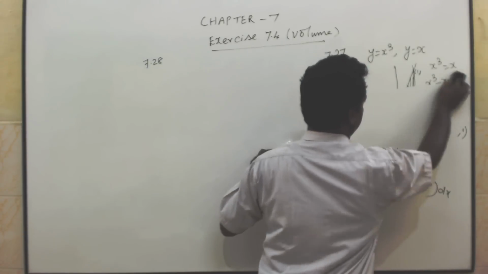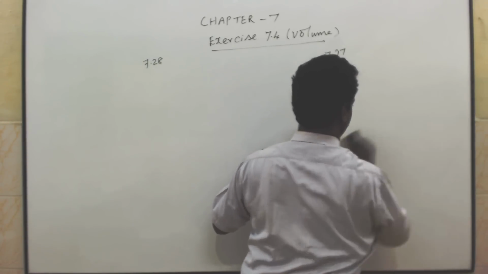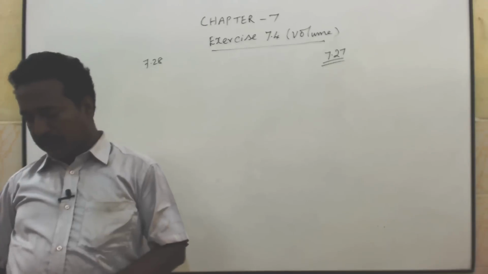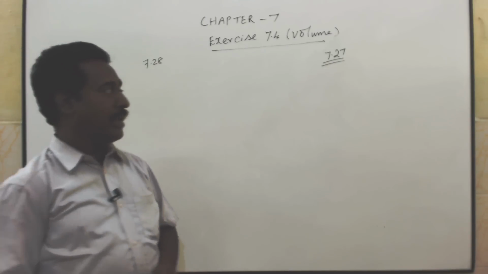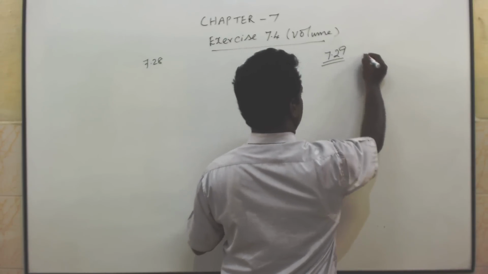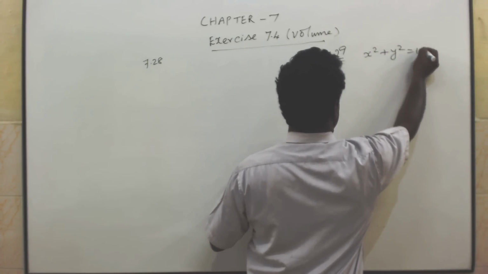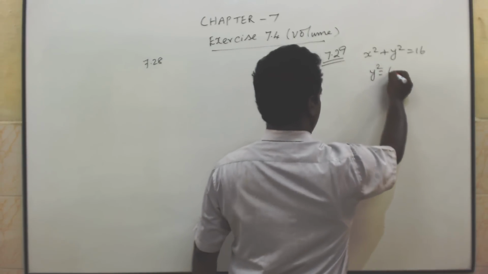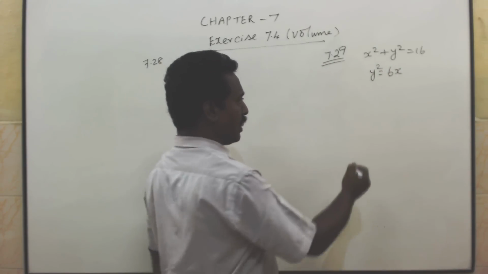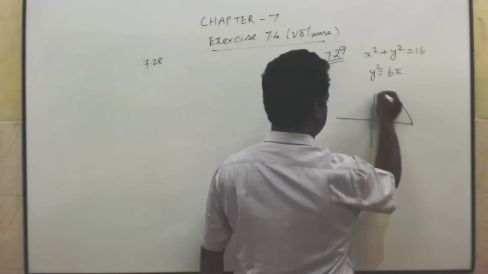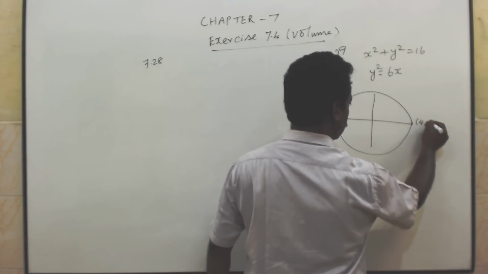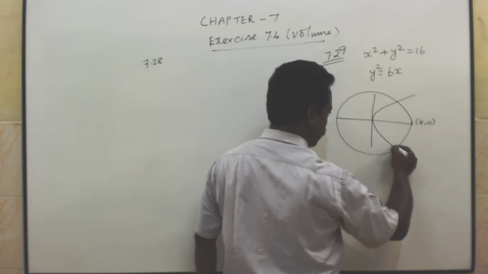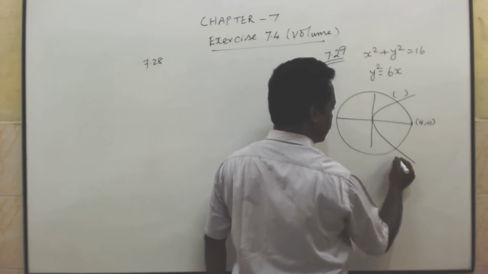7.29. Read the question carefully. Find the area of the region common to the circle x square plus y square equal to 16 and the parabola y square equal to 6x. But we know that x square plus y square equal to 16 is a circle whose radius is 4. y square equal to 6x means it is an open rightward parabola. First you have to identify the point of intersection of the parabola and